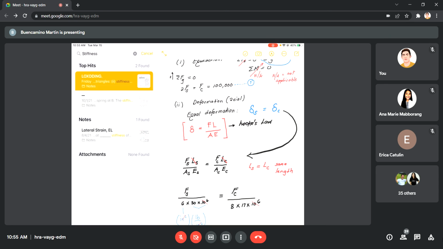Now, if you can recall Hooke's law, Hooke's law is said to be a law that is only applicable to deformation of bodies, deformation of members, when the deformation is within the proportional limit only. We are speaking of an elastic deformation that is within the proportional limit. So any